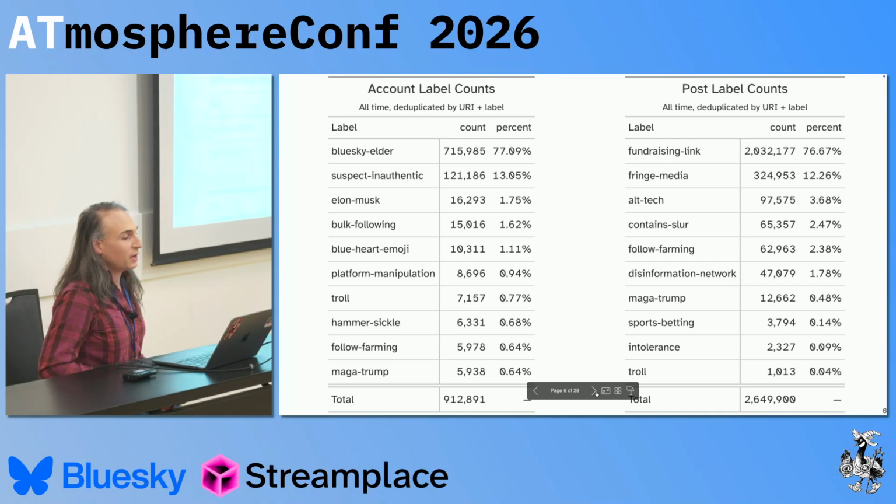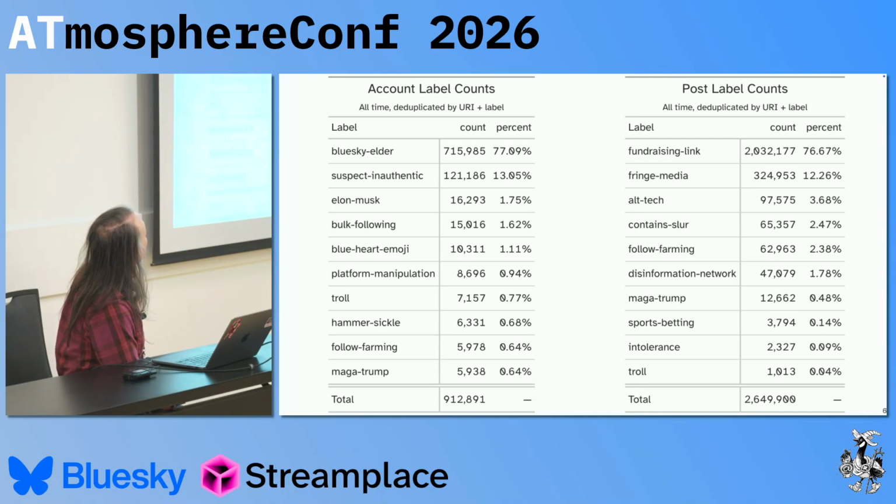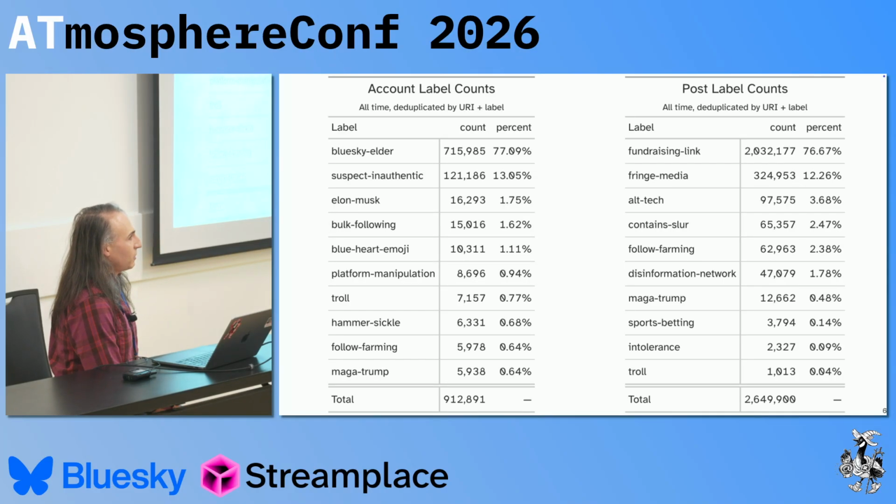Where's the work? By way of example, I just wanted to show some of the labels that we append to content. I've broken them out by account versus post. And when I say that we're appending metadata, that's exactly what we're doing. We're analyzing the content in one way or another, some of it via automation, some of it via manual review, and then we are applying a label based on the rules and the definitions of the label that we provide.